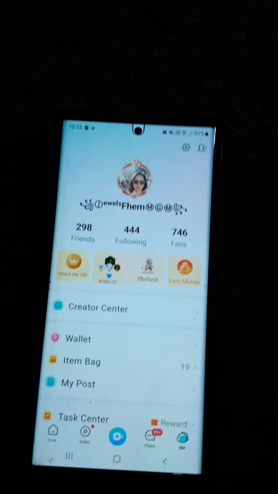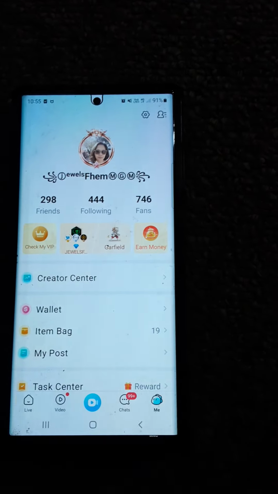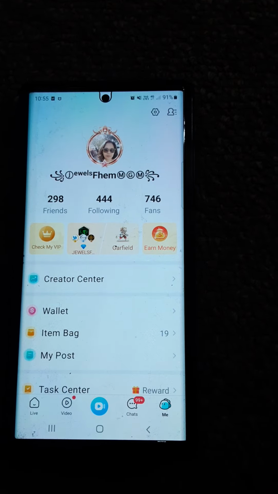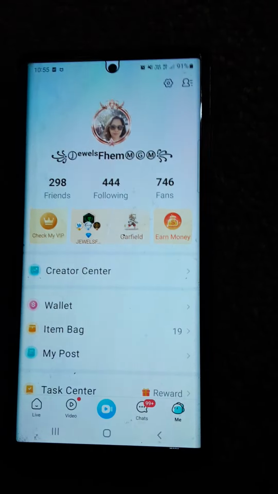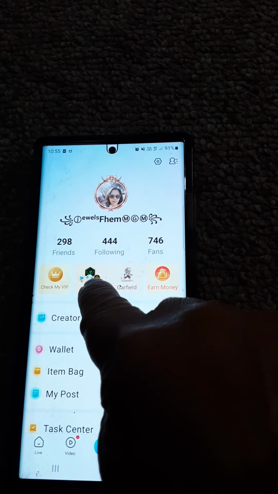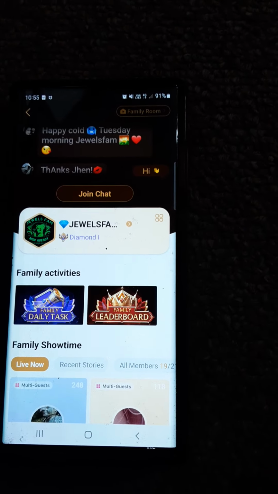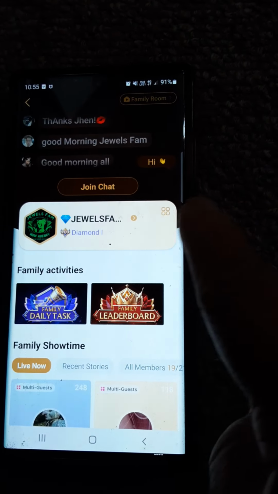So this one here. I'm on my profile and you can see your family. I'm here on my Jewels farm, and if I wanted to leave my Jewels farm, I'll just click my Jewels farm. See that one there? Click it. When you click your Jewels farm, you can see the